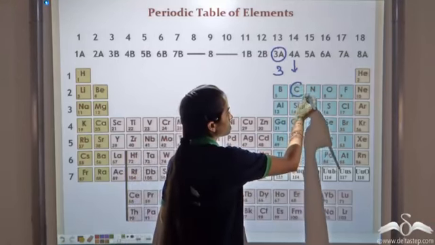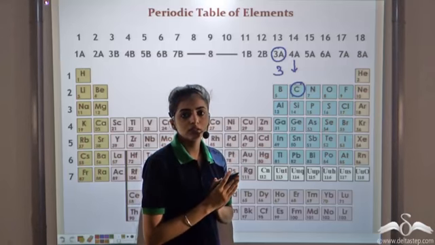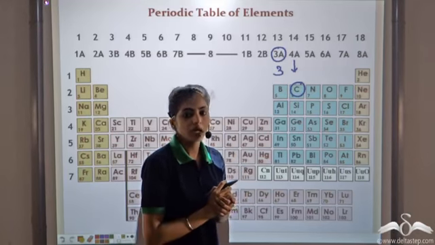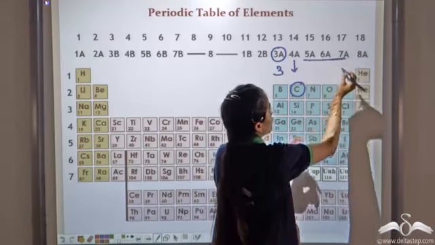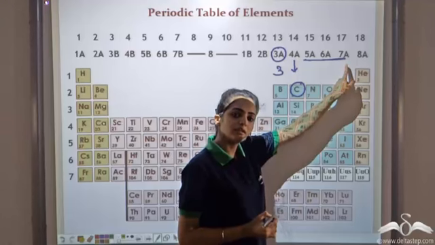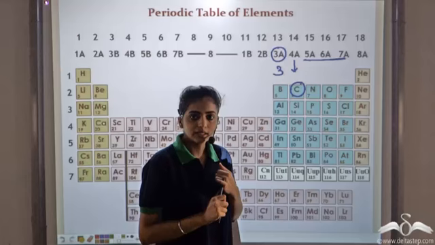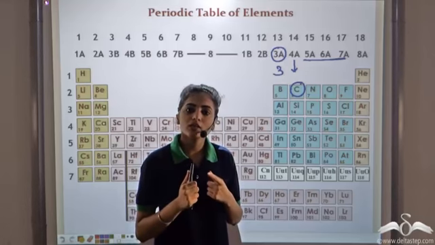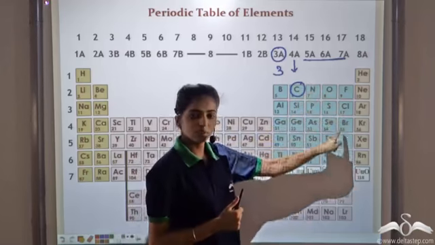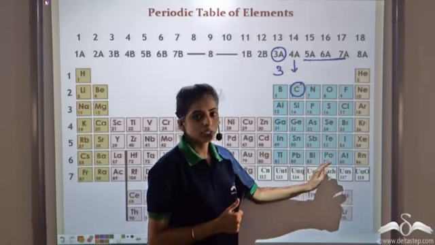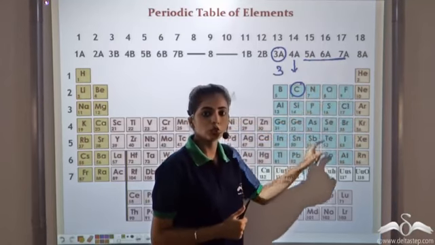Carbon is a special element. It shows properties similar to the nonmetals. So we generally categorize carbon as non-metallic. Now these elements belonging to group 5, 6 and 7A have 5, 6 or 7 valence electrons. That is, to complete the octet, they gain 3, 2 or 1 electrons. Since they gain electrons, these elements are all non-metals. So the elements belonging to group 5A, 6A and 7A are all non-metals.